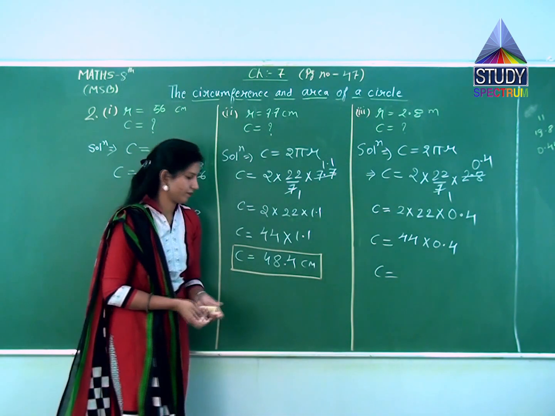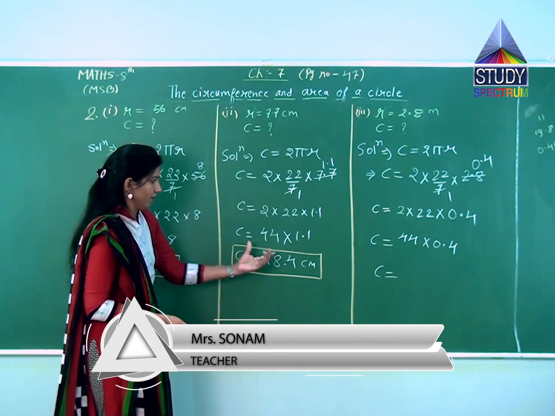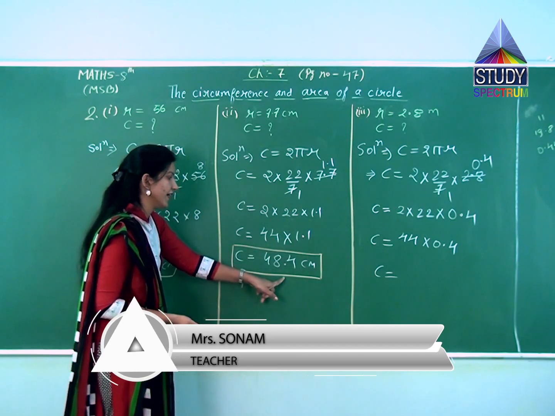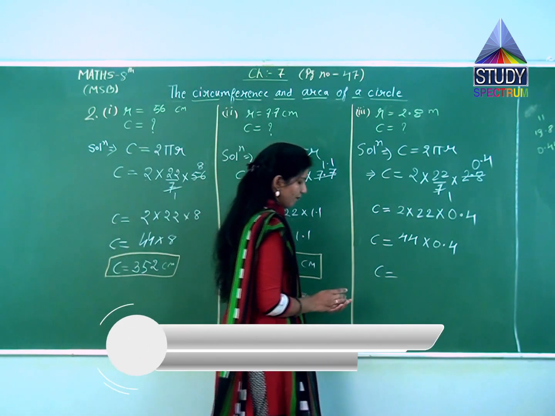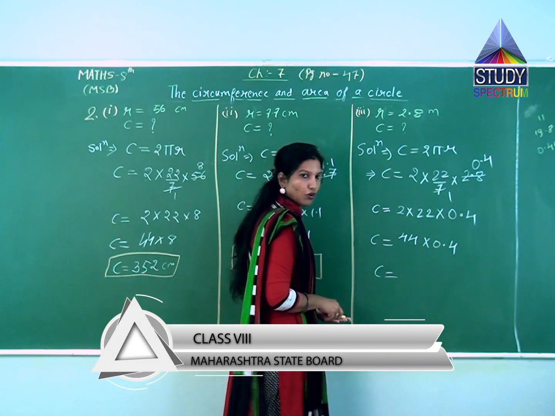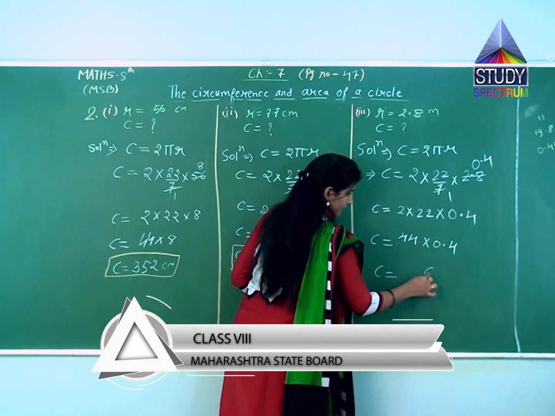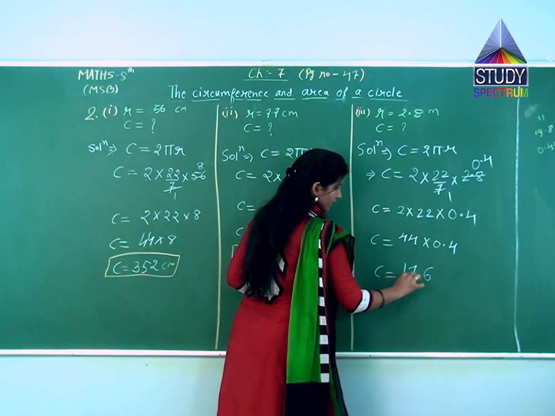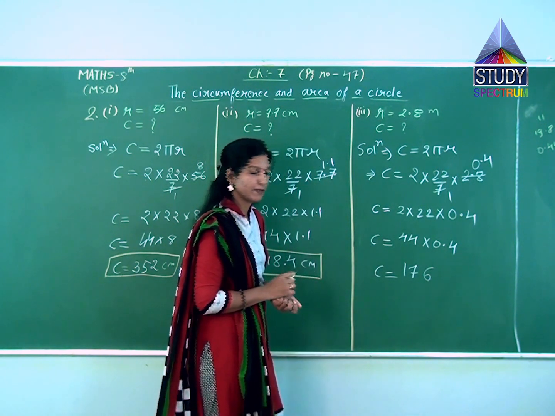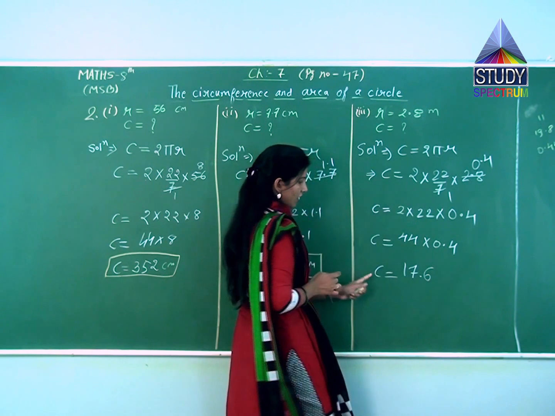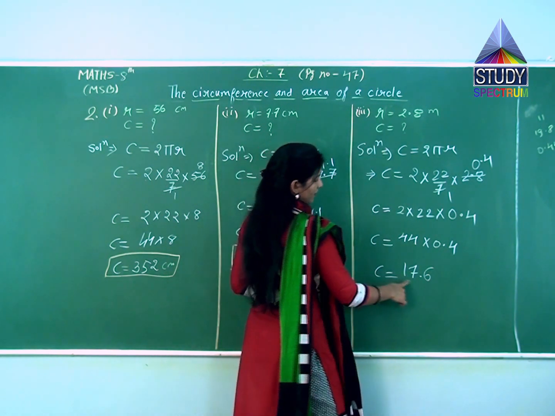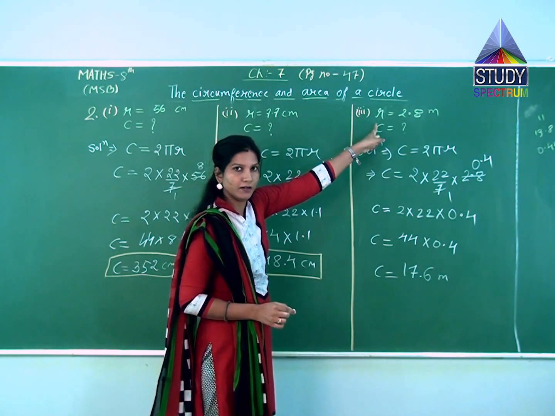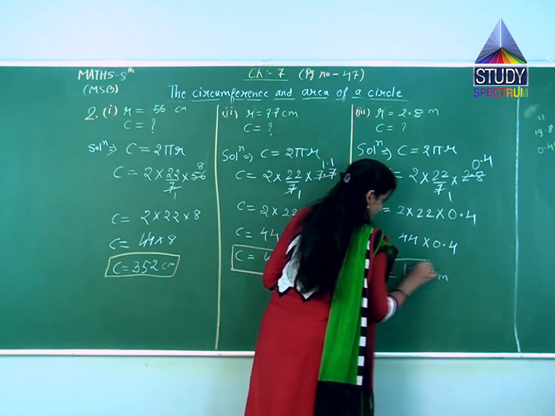Here we will do the same thing. In the last question we have multiplied 44 by just 11 and then we had put the decimal. Here we will again multiply this 44 by 4 only. So here 4 4s are 16, 1 carry, 4 4s are 16, 16 plus 1, 17. And where will we put the decimal? Yes, here. So our circumference for this circle will be 17.6 meters. Why meter? Because radius is given in the meters. So this will be our final answer.